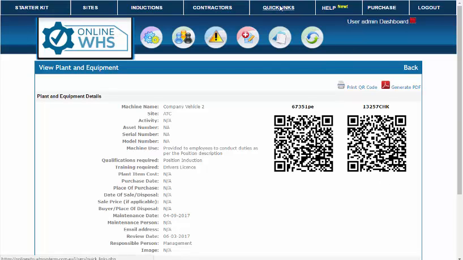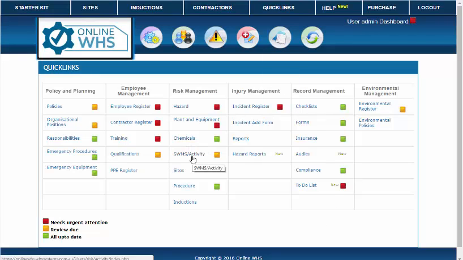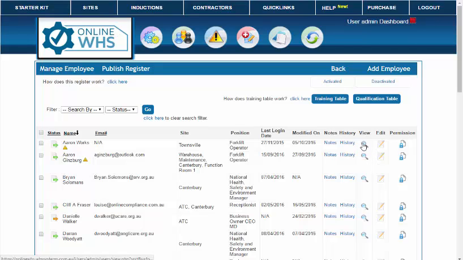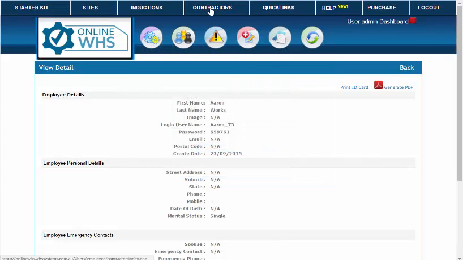So the QR code will eventually be going through most items. It will be going into the chemical register as well as the safe work method register in the next couple of weeks, but also it'll be going into the employee. So when I select an employee and select print ID card, it'll be going here as well as in the contractor